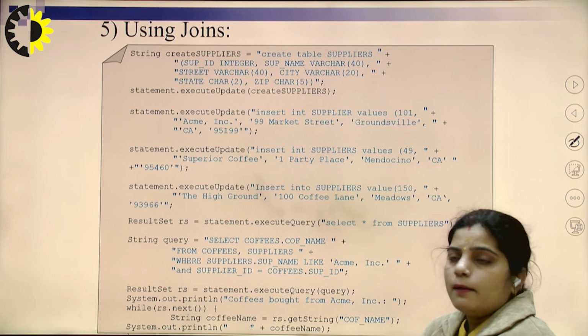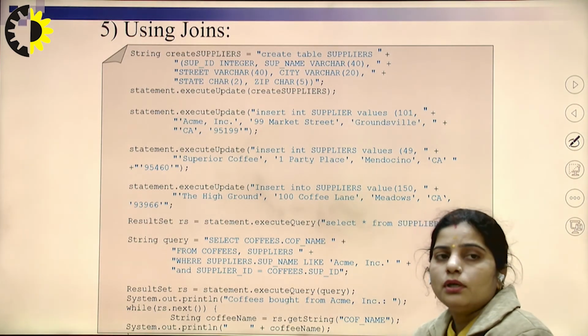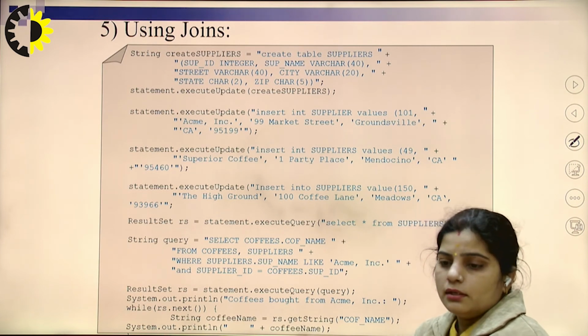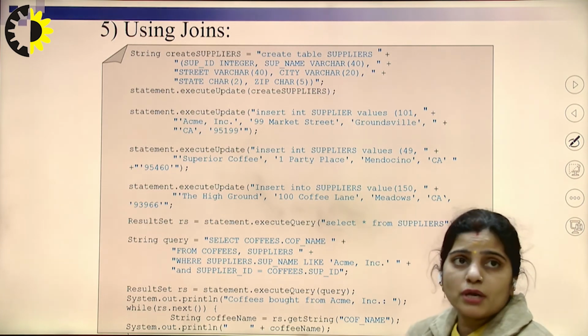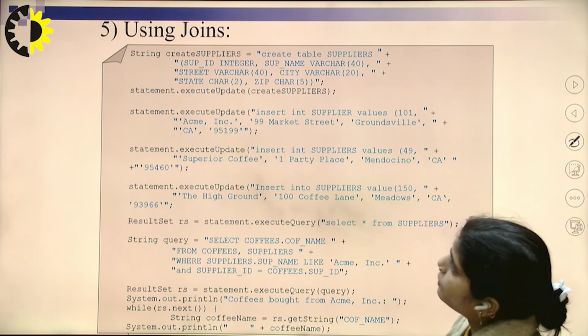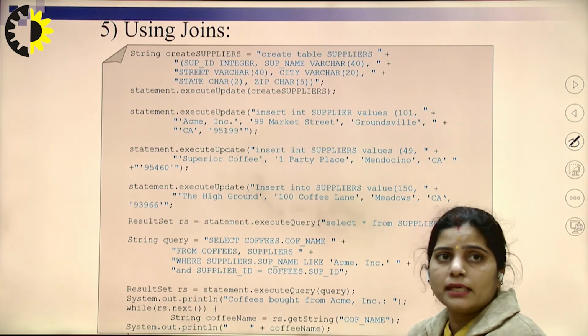Next, just like in DBMS, we have already studied how to establish connections and connect with the databases. Here the use of joins is explained, and the first step is to create a table, createSuppliers.